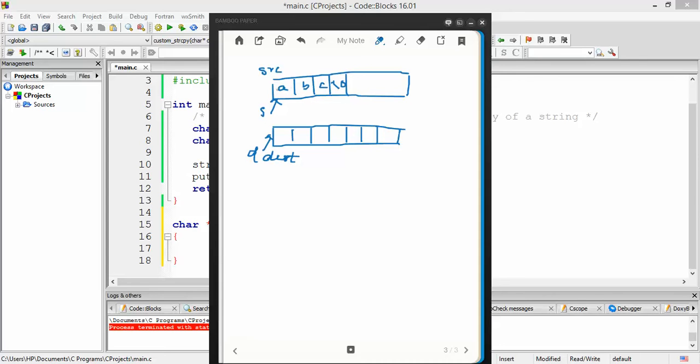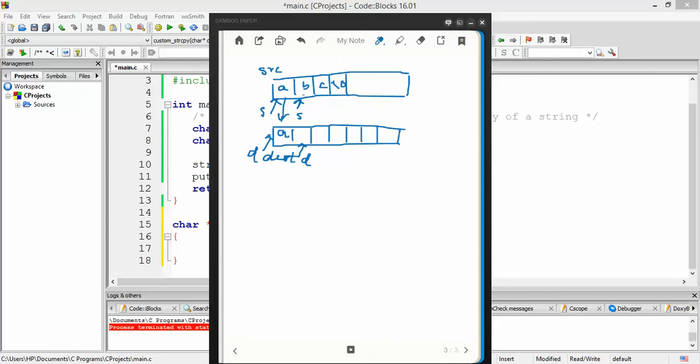So the logic would go like this: we have to copy the character pointed to by S to the location where D is pointing to. So first of all, A would get copied to this location, and then both these pointers would get incremented. D would start pointing to the second location, and S would also start pointing to the second character of the source string.